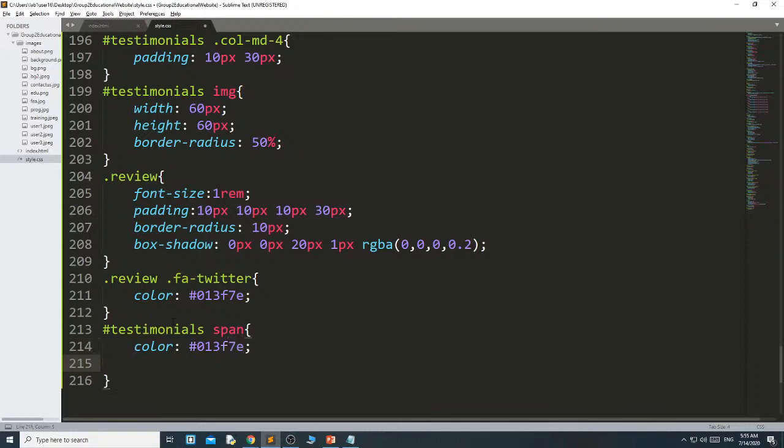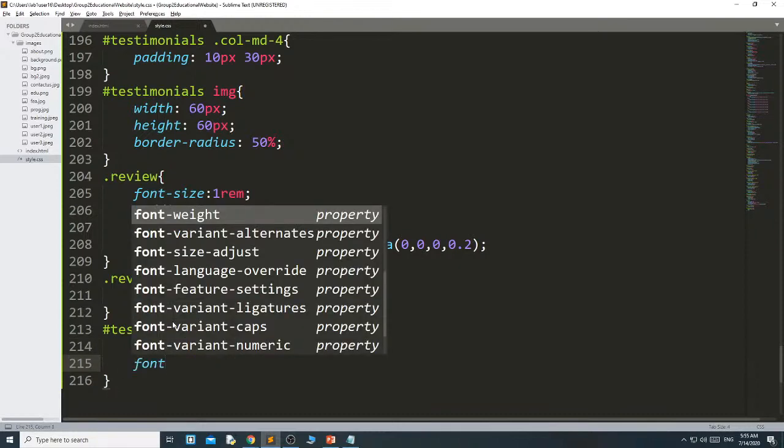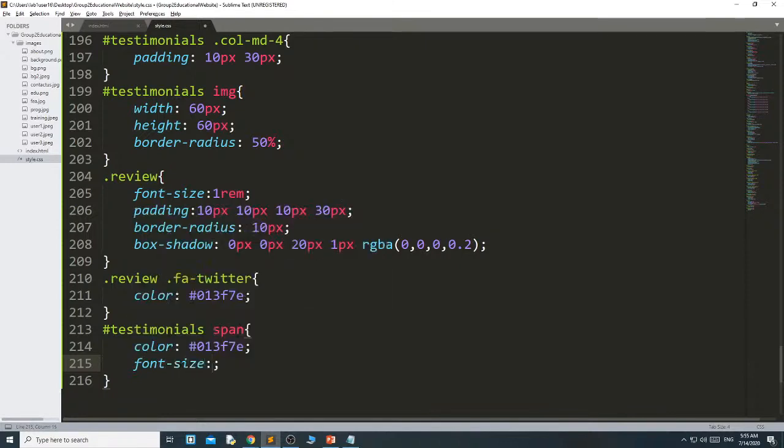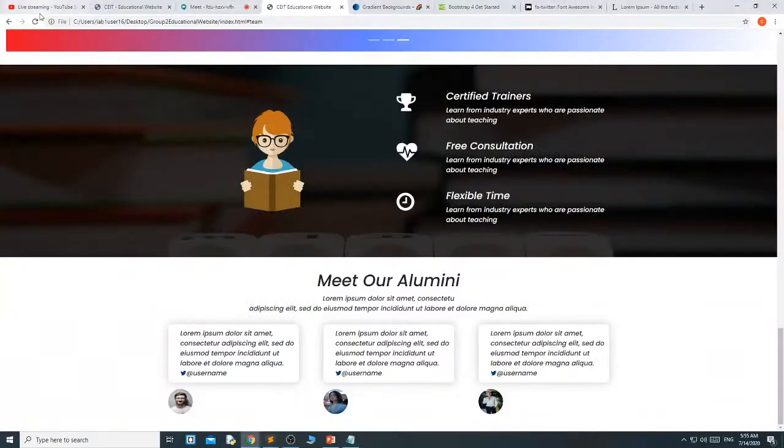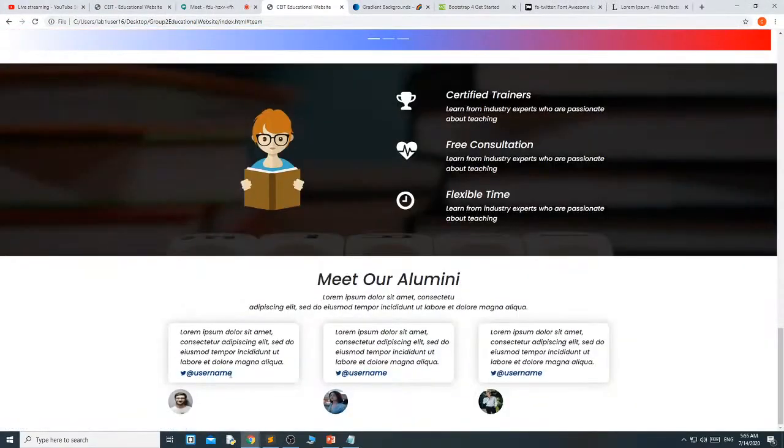Then I want to change the font size a little bit, 18 pixel, and font weight 600, means bold. Either you can write 600 or you can write bold. Okay.